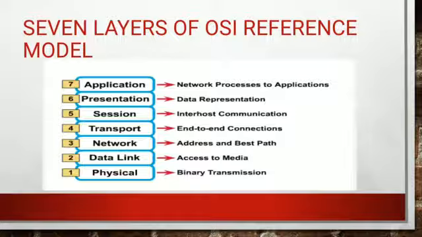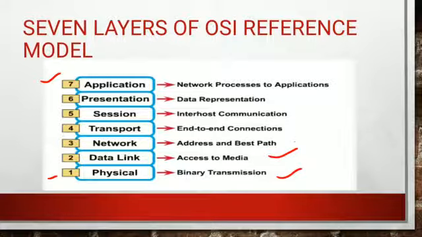The layers are arranged in this manner, starting from the physical layer and ending with the application layer. Shortly, the physical layer's duty is transmitting the binary data, that means transmitting the bits in the form of zeros and ones. The data link layer is used to access the media or channel, because many stations want to access the channel. To avoid collisions, we use this data link layer.